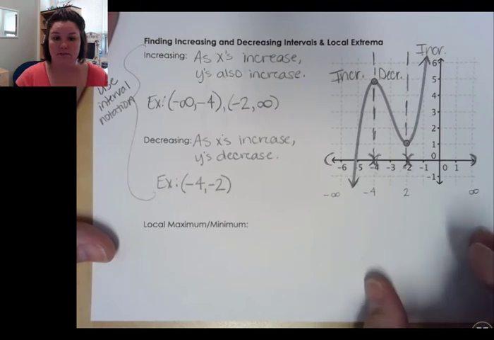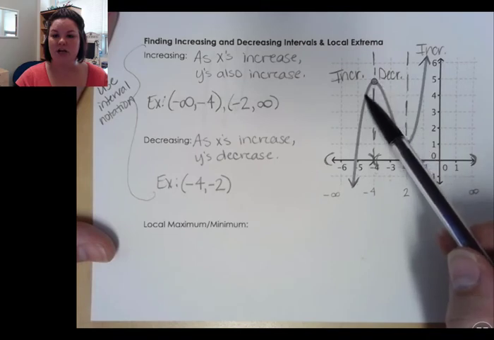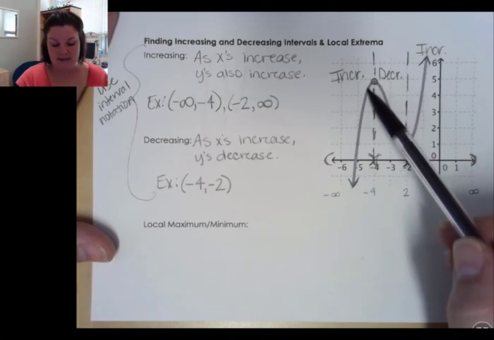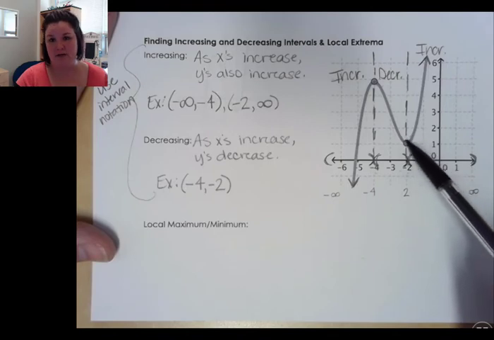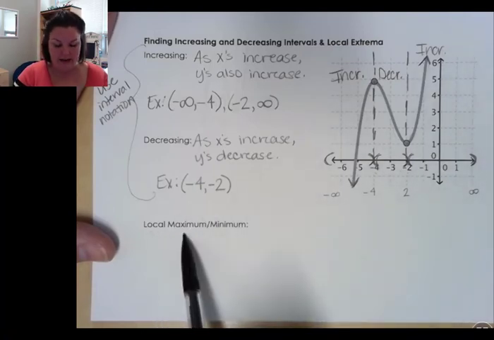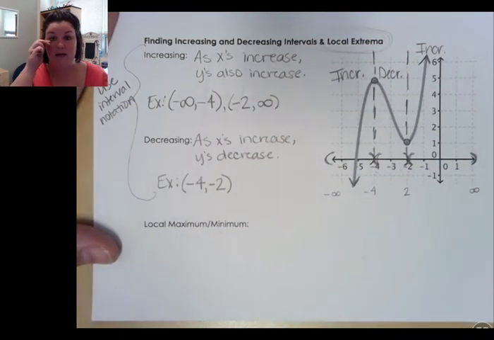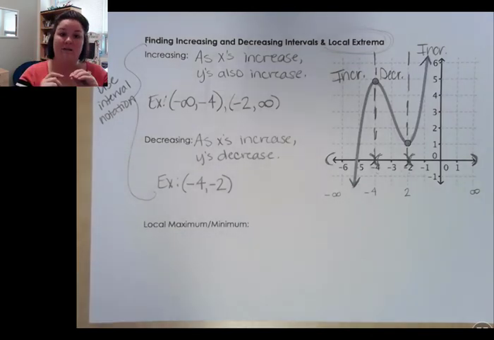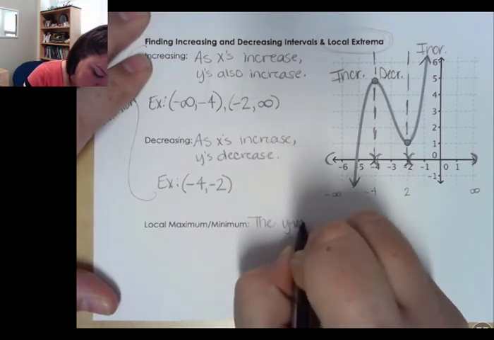Okay, now we talked a little bit about these turning points, right? These turning points are where it changes from increasing to decreasing. And what happens is when it turns, it creates the top of a parabola, or it creates the base of a parabola. So it's a really high point or a really low point, which we call a local maximum or minimum. And these are our local extrema. Meaning that in a localized area we have a really high point, or in a localized area we have a low point. Okay, so this is basically the y values